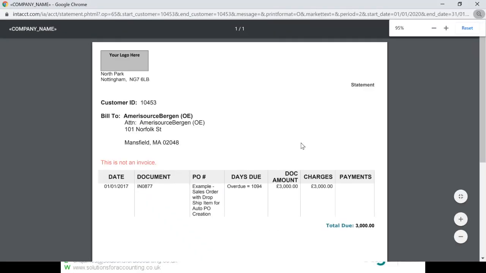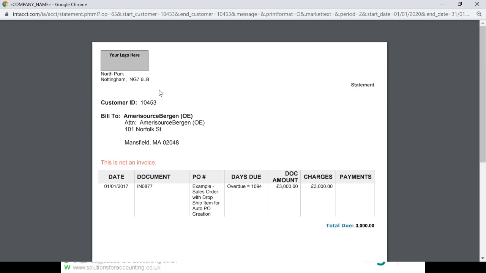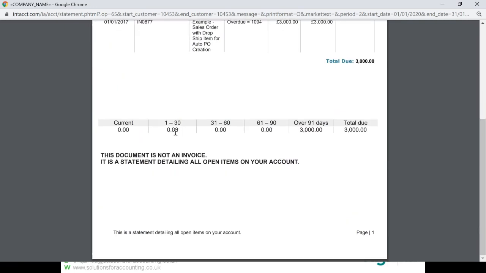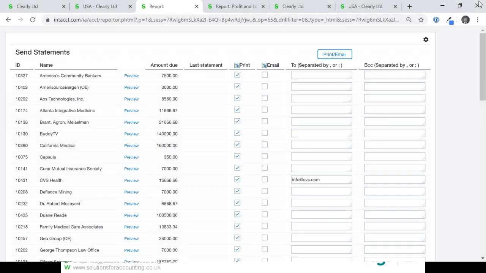So for example here, you'll have to forgive the terrible nature of this statement layout. The layouts themselves you can actually modify in Word, and use the idea of a merge field similar to what you would do with a mail merge document in Word, and then you upload that into the system, and it picks up those merge fields and fills it out for you. That's the same for all your different transactional types, so your purchase invoices, credit notes, etc.